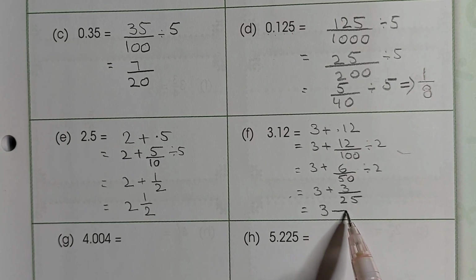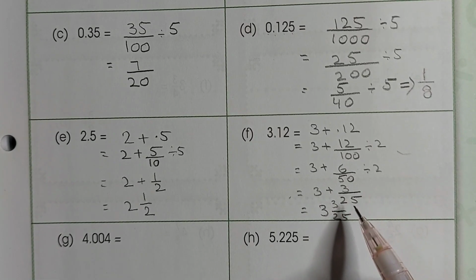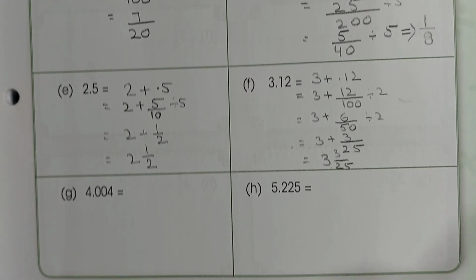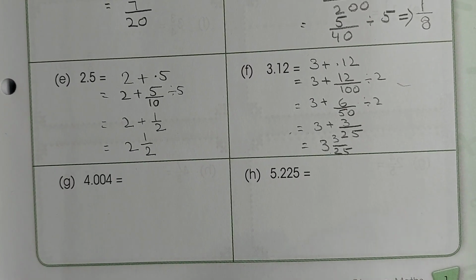So it will become 3 whole number 3 upon 25, because 3 upon 25 won't come in any table together, and 3 is smaller than 25. We won't go for any mixed fraction. Your answer is already in mixed fraction because we have the whole number. So the answer will be 3 whole number 3 upon 25. Now come to part G. Part G is